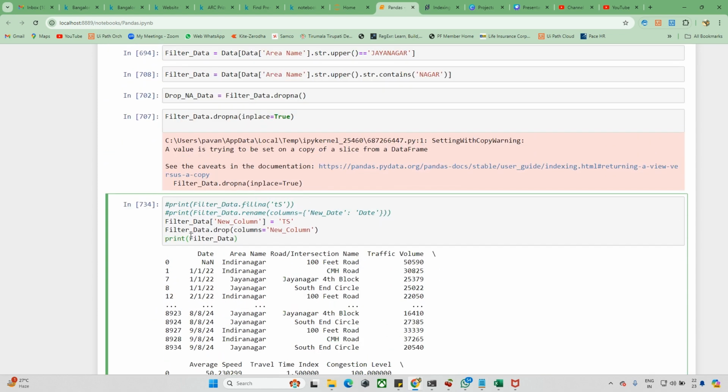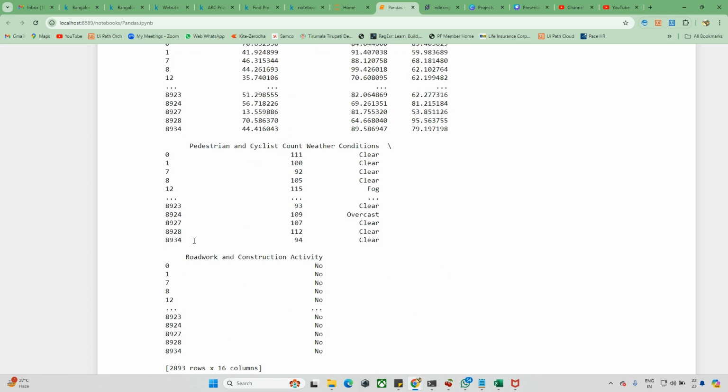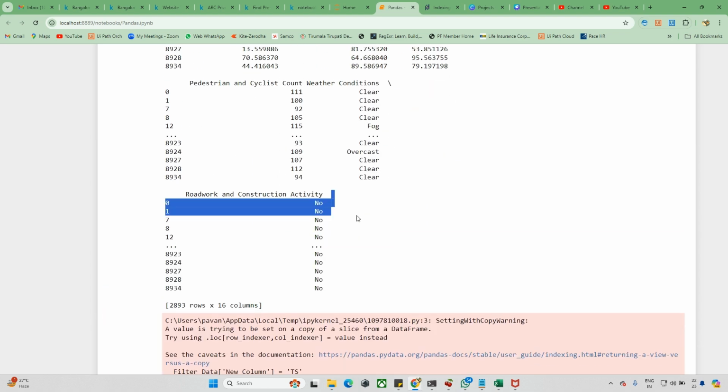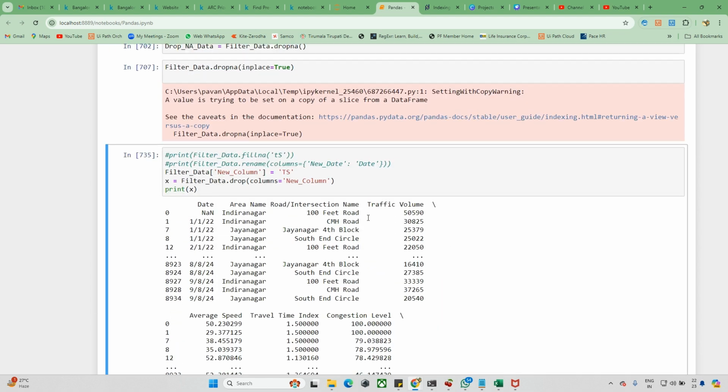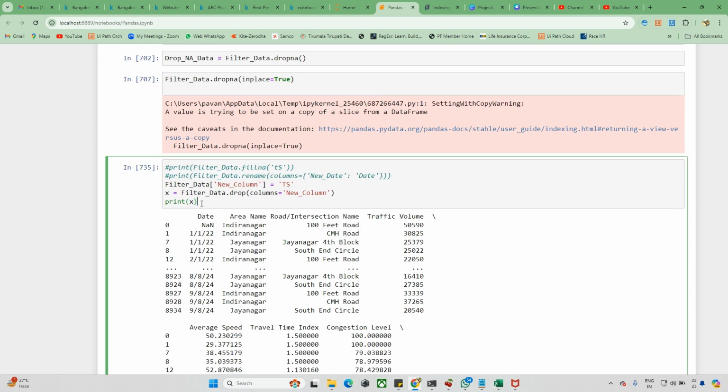Let me do one thing. I will assign this to another variable, so x equals to, and I will make this x. Now we'll check. Okay, so here again we need to assign this to one variable, then it's working. But I don't want to assign this to another